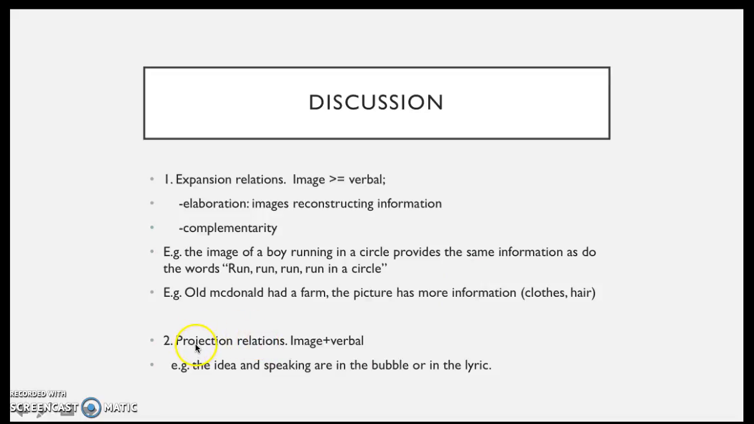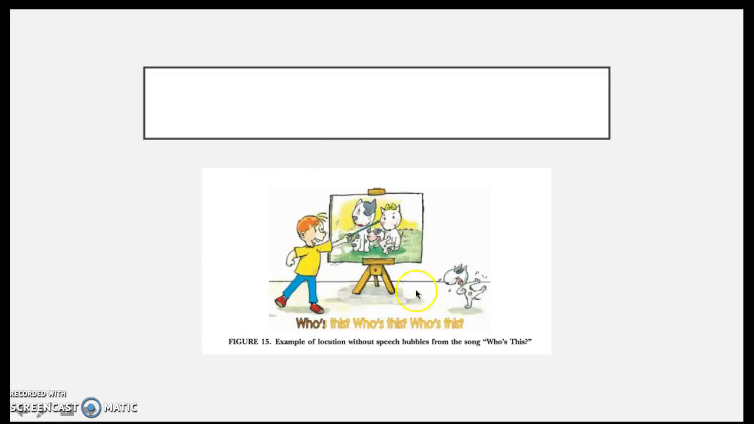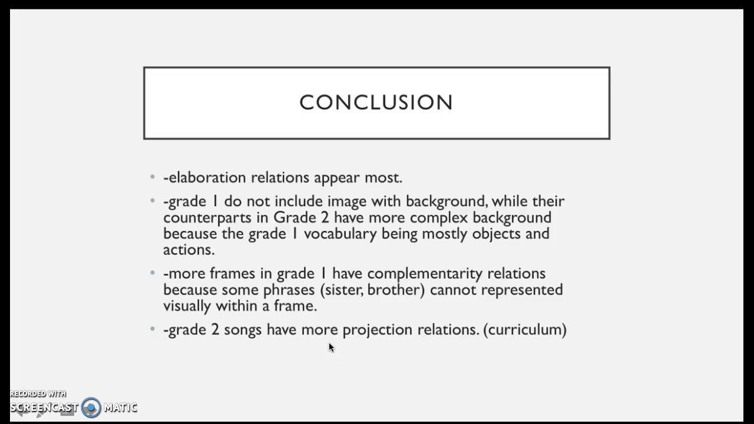The next main type is projection relations. So I wrote image plus verbal, which means projection relations are those where images and words combine together to construct thoughts and speech acts. So, for example, the boy is pointing to a picture, and what he says is actually in the lyrics. After the analysis, the result shows that elaboration relations appear most, and Grade 1 and Grade